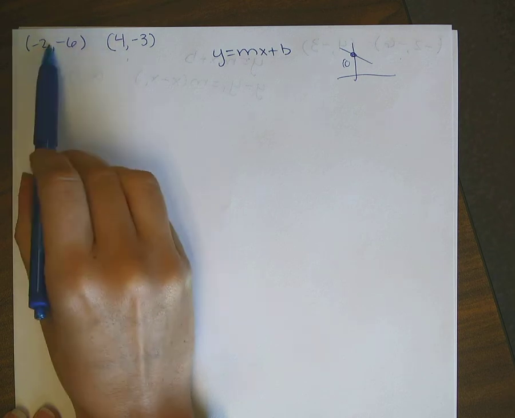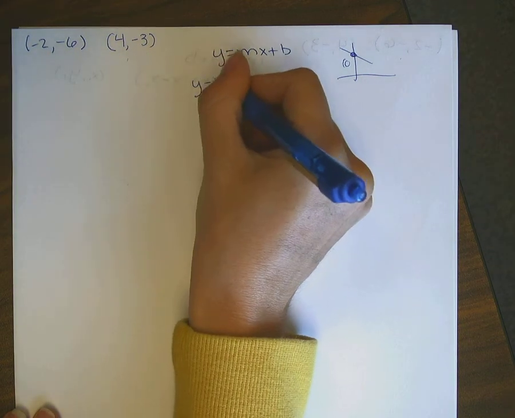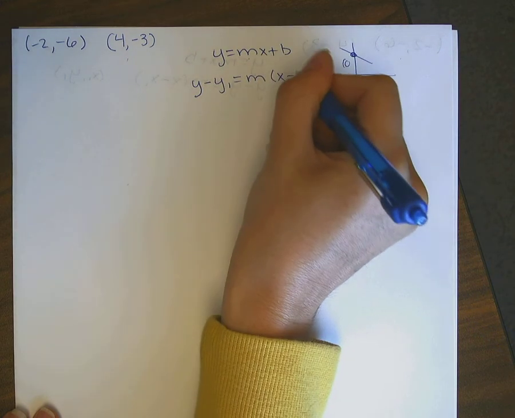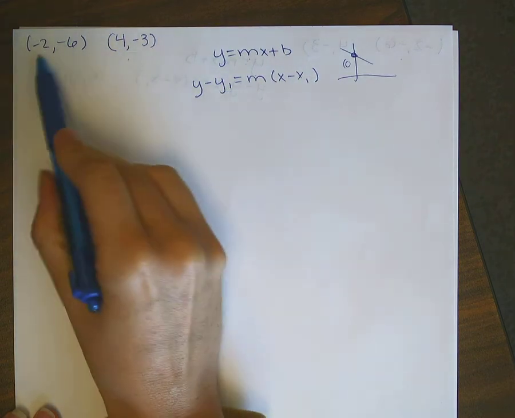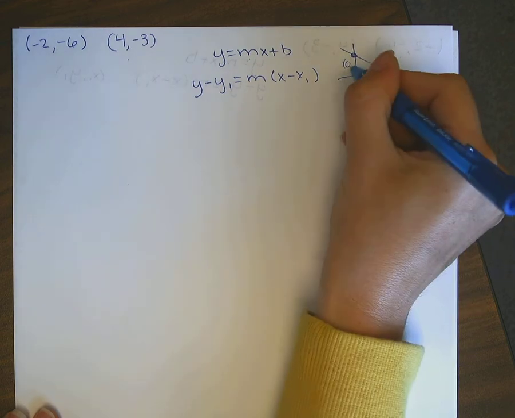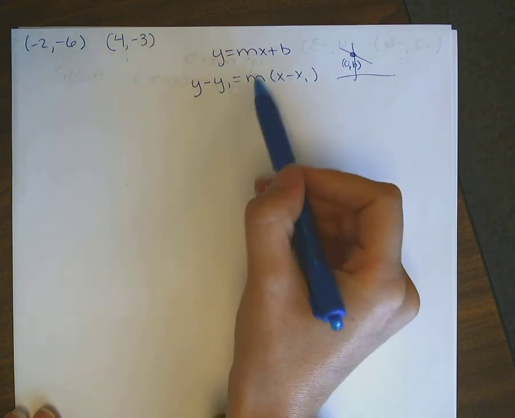So since here we don't have the y-intercept, instead we use what we call point-slope form. Y minus y1 equals m times x minus x1, where x1 and y1 are just the coordinates of any point, as opposed to b, which has to be the y-intercept. If we work with this, actually either one we work with, notice the first thing we have to find is